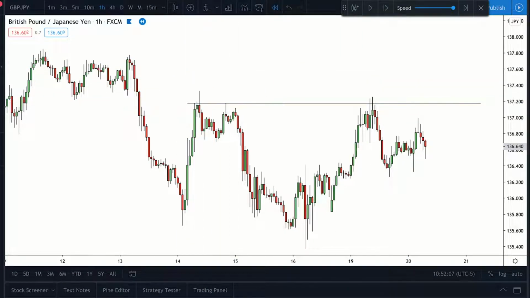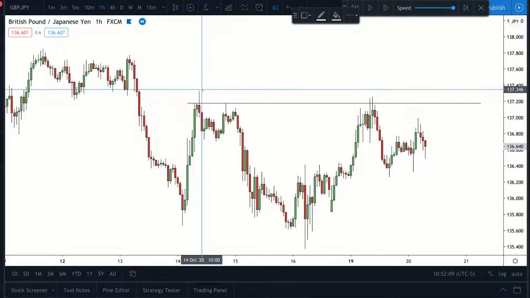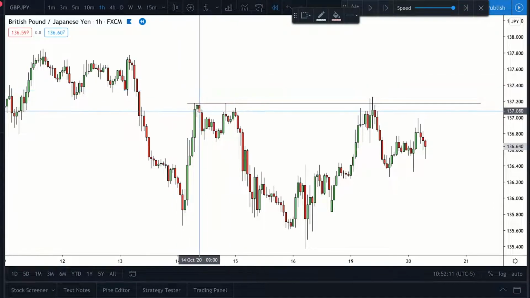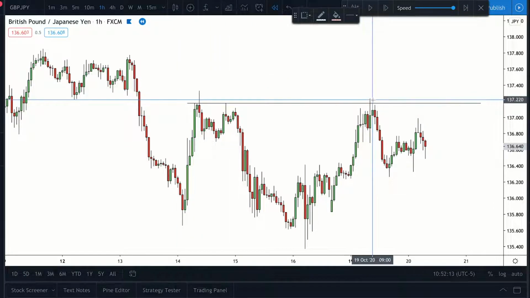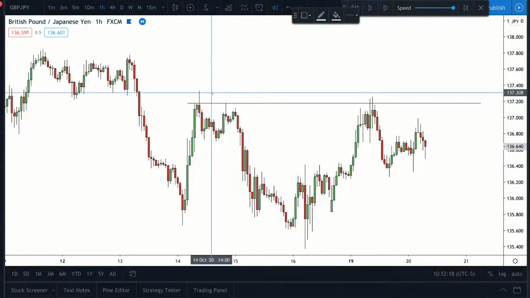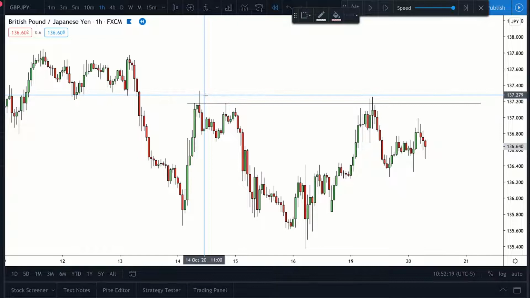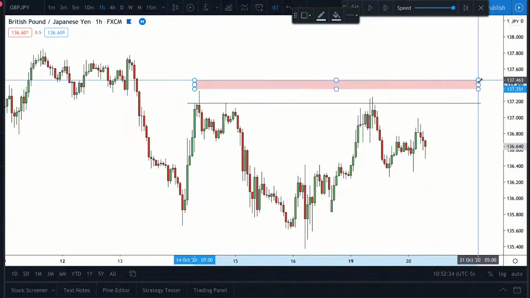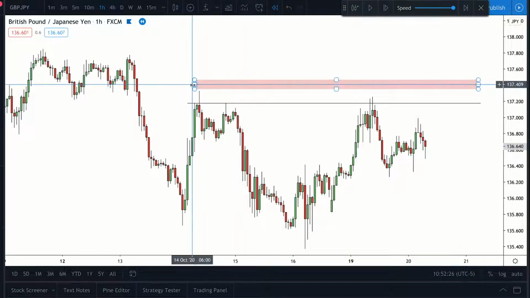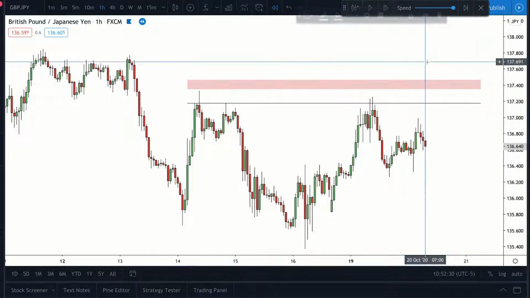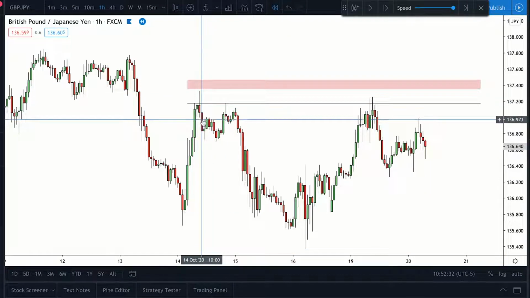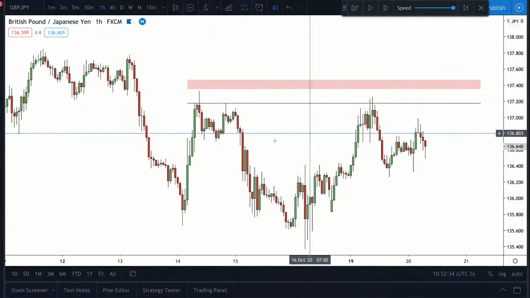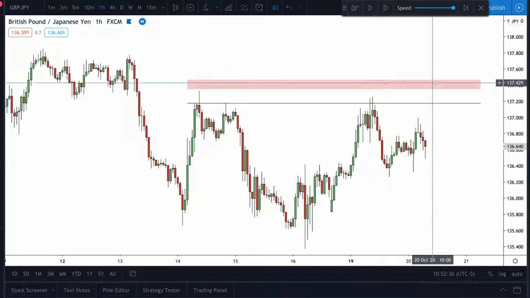And that is exactly how the liquidity is then fulfilled by these larger institutions, right? We know we have sellers here, and sellers here. So think about it. Where are their stop losses? Most people are taught to place stop losses over the previous high. So the stop losses in this example for these guys are going to be up here. And this is generally that liquidity that we refer to, right? We have an area in the market where orders are sitting. We have sell orders here, we have stop losses here.